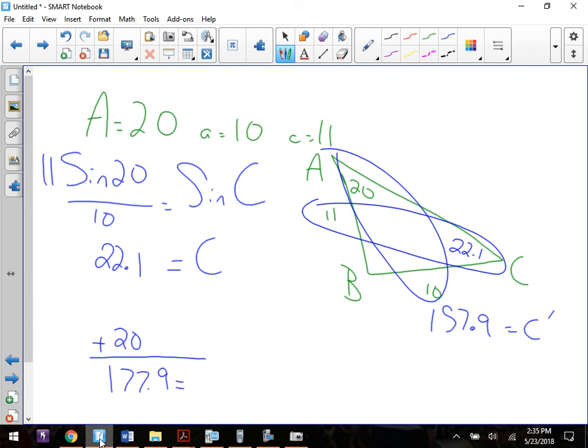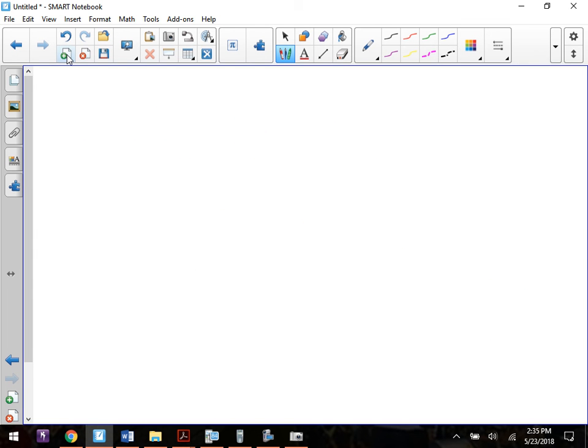Law of cosines was the next one. I wouldn't worry about law of cosines in terms of the ambiguous case because that's just awful. So on 49, we have